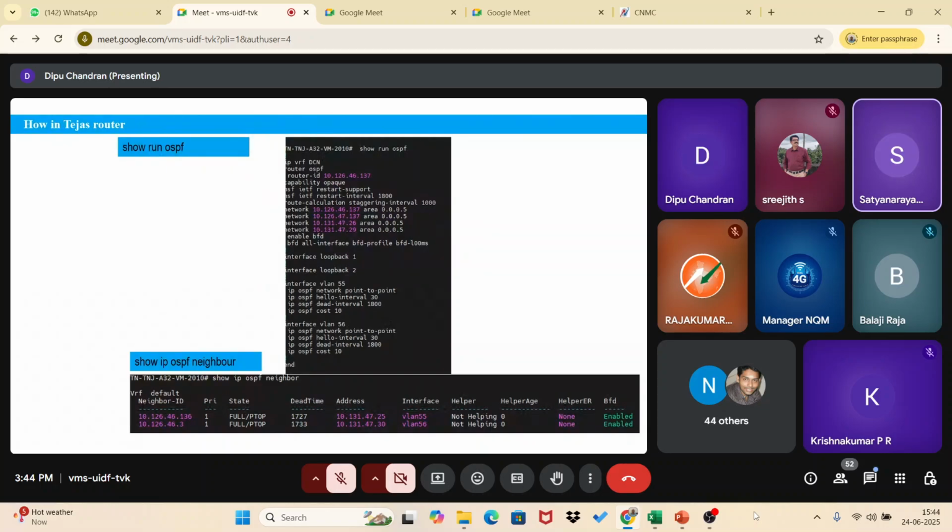And here, show IP OSPF neighbor. The command will give you the data that